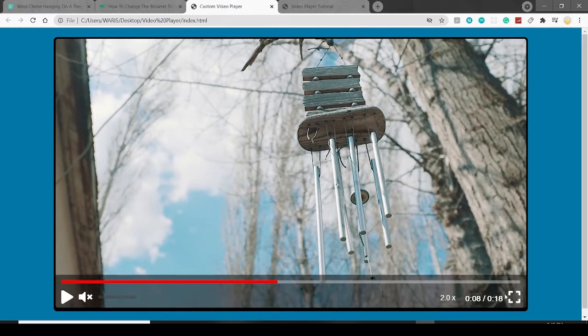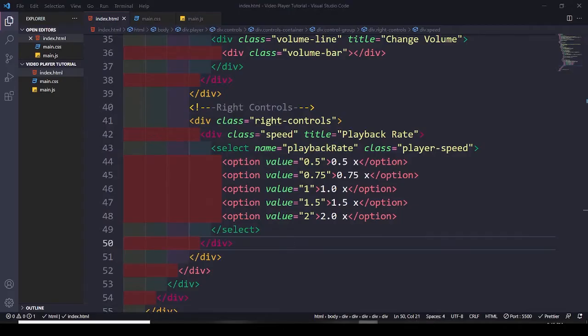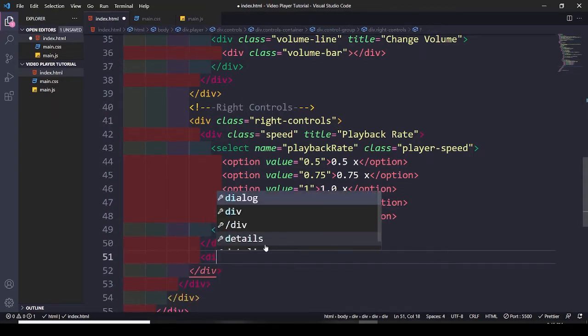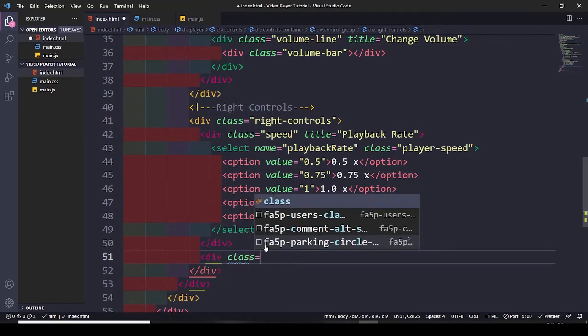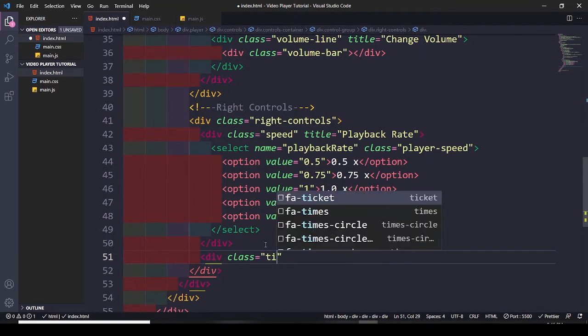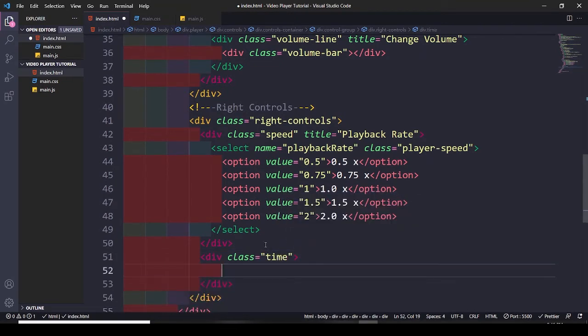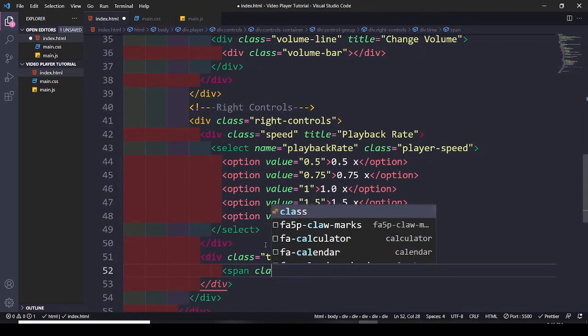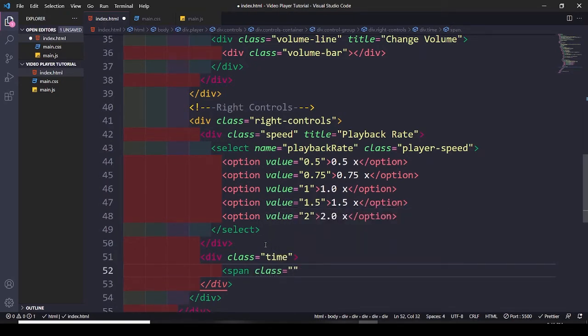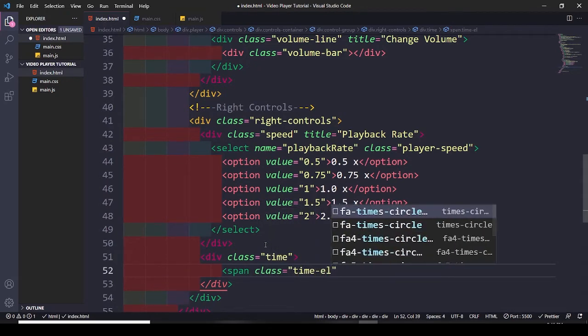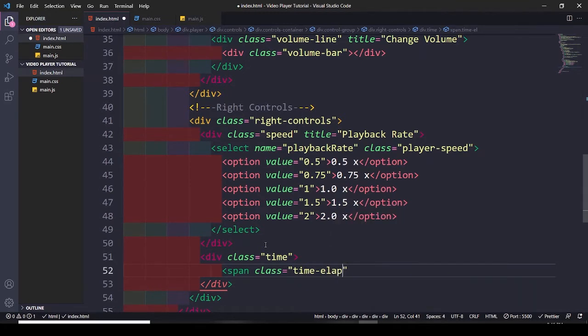Okay, this full screen option, and this time lapse. Okay, this time lapse. So for this, what we have to do, let's have another div, assigning it a class. This class is gonna be time, and then let's have a span element, assigning it a class. This class is going to be time elapsed, and